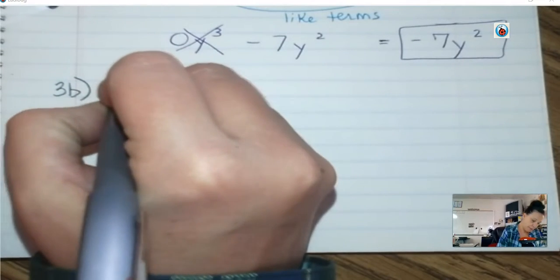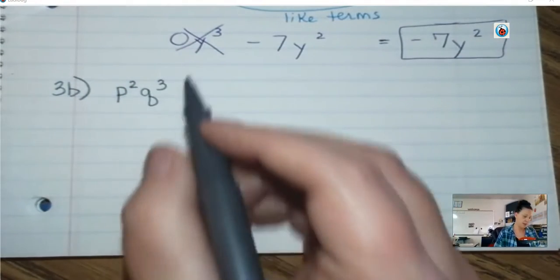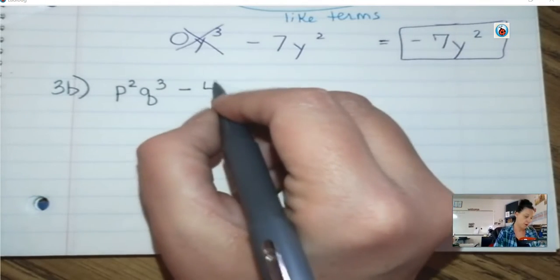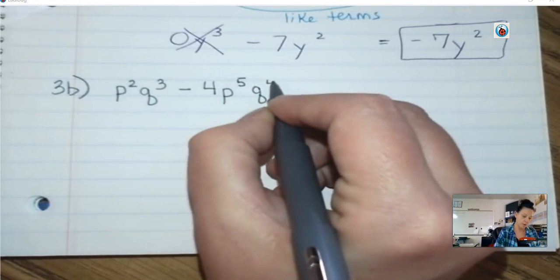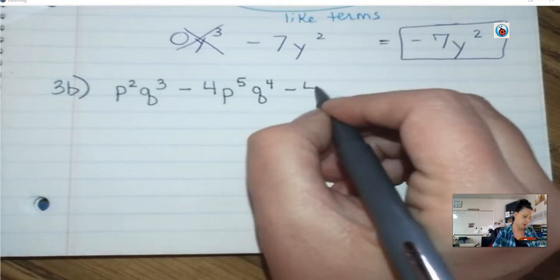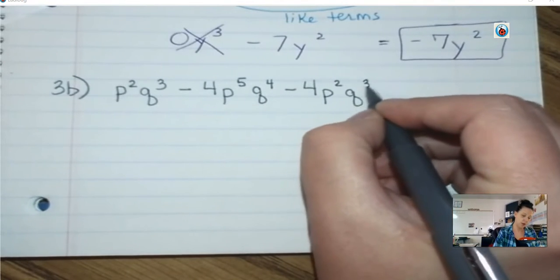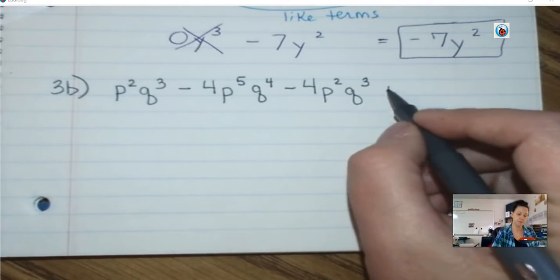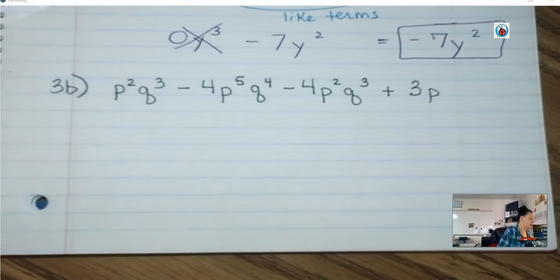P squared q cubed, minus 4 p to the 5th q to the 4th, minus 4 p squared q cubed, plus 3 p to the 5th